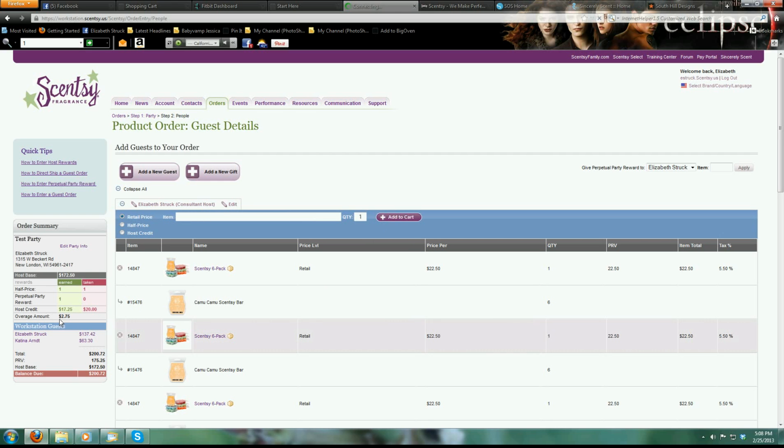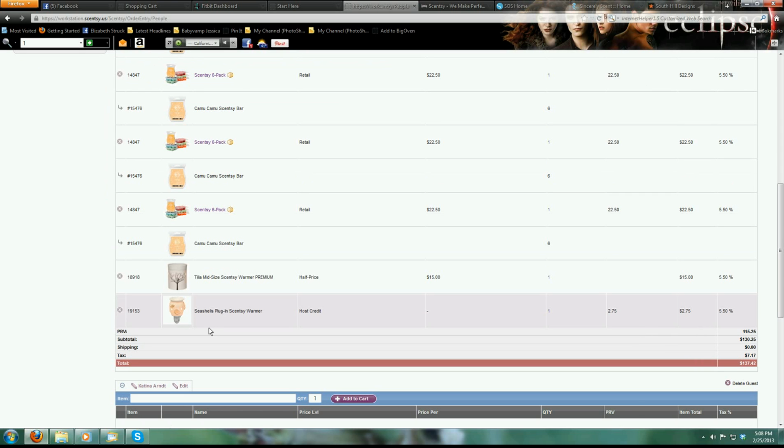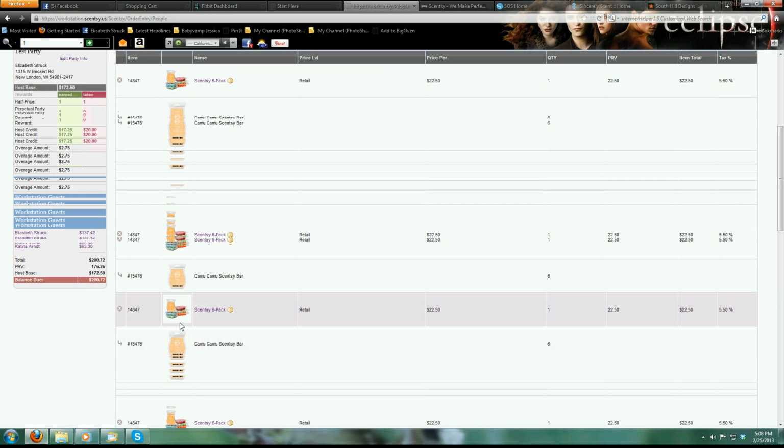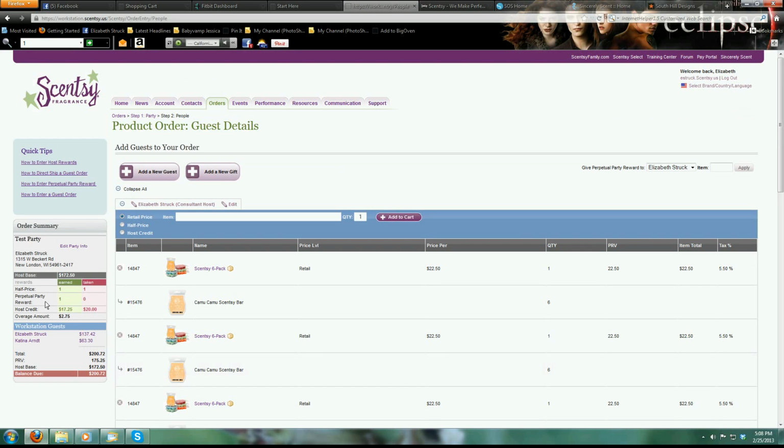And so, see, the overage amount is $275, and that'll get added on. And right there, you're going to get charged $275 for that. Now you notice that your $5 charge was taken off because you used your credits. Now the perpetual party reward, this is set up for us from Scentsy that you can use or you